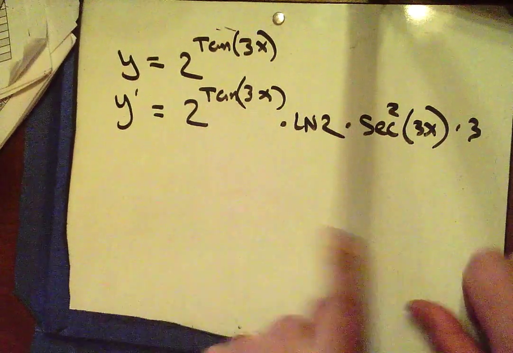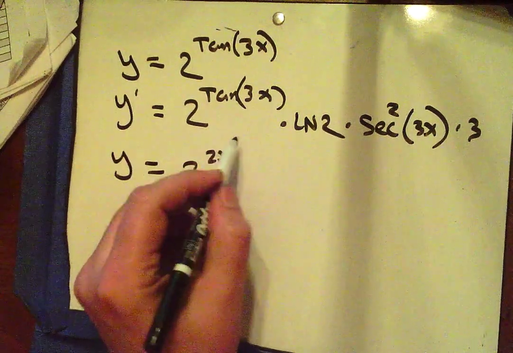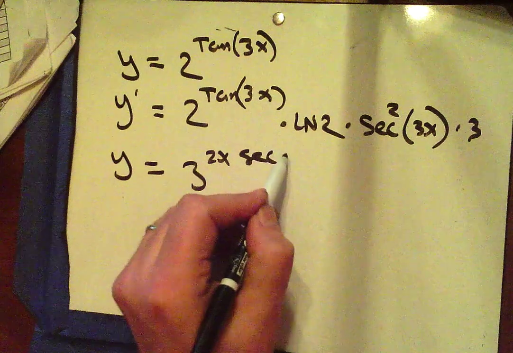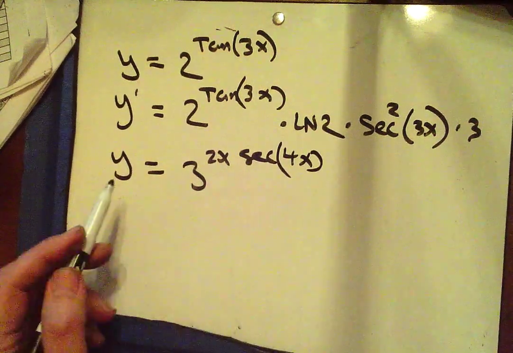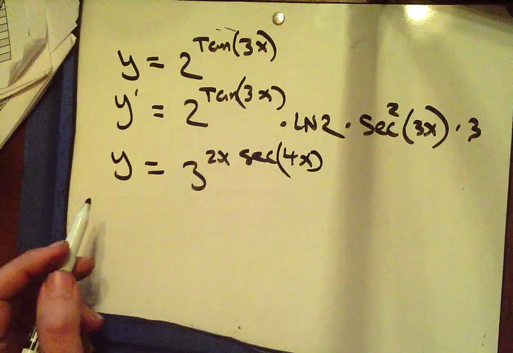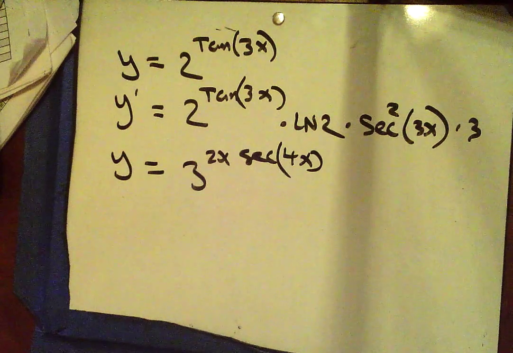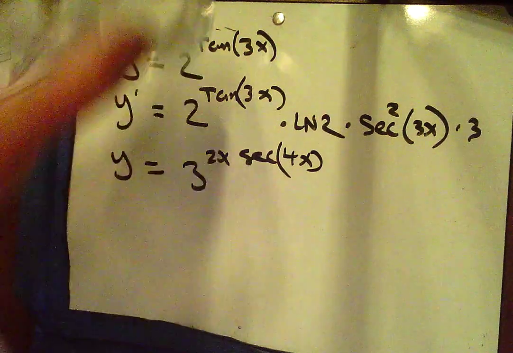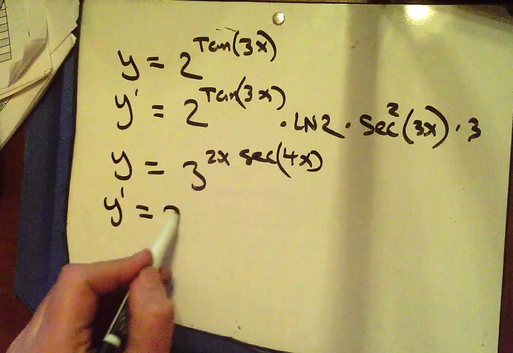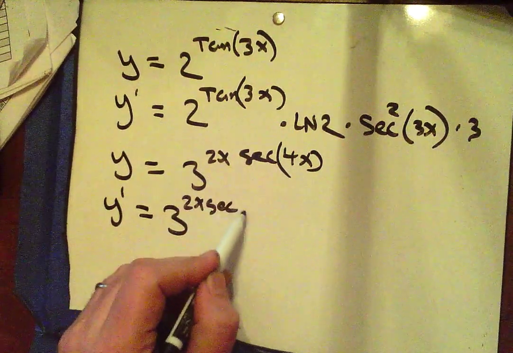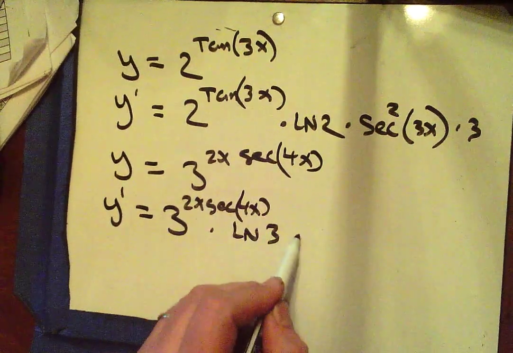Right. Okay. So how about this one? y equals 3 to the 2x secant 4x. Please take the derivative of that. Okay, so did you get y prime equals 3 to the 2x secant 4x times ln of the base times